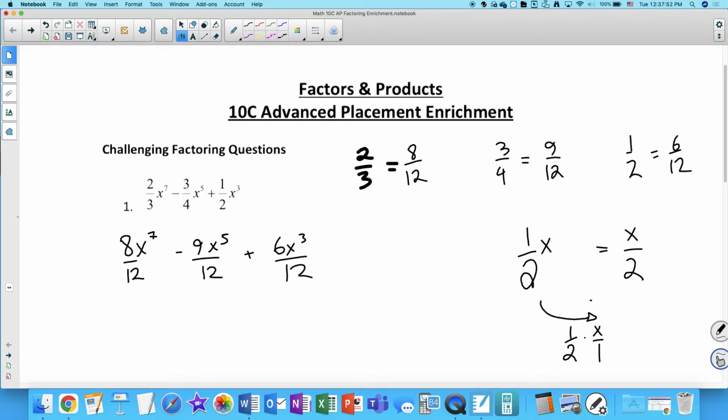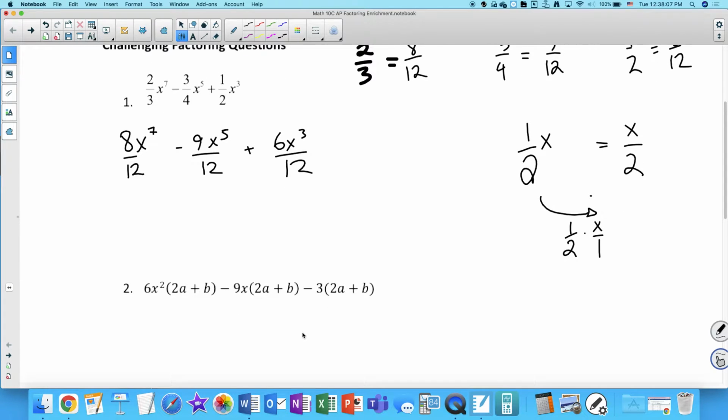Okay? So what we can do now is not only factor out the x cubed, but we could actually factor out 1 over the denominator as well. I'm going to factor out 1/12. Okay? And if I factor out 1/12, x cubed. Wait, sorry, why are you doing 1/12 again? Well, you'll see. Let's see what's left. Yes? Can you just write that as x cubed over 12? Yes, you can write it as x cubed over 12. Absolutely. Okay? Here, I've taken out the 12, and I've taken out 3 of those. So what's going to be left is